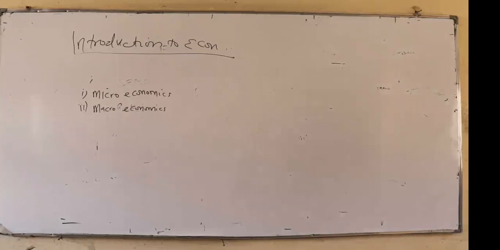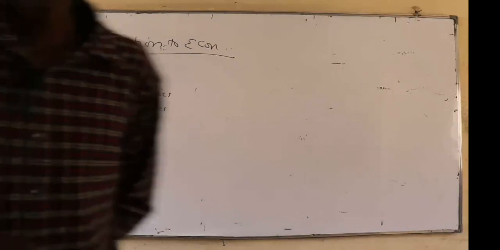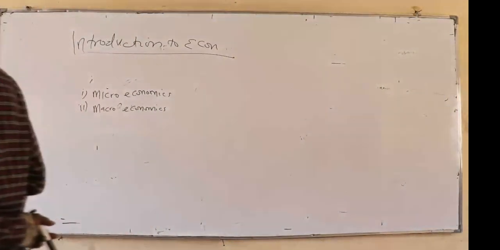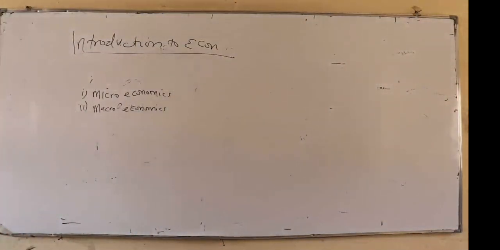You say, the major areas under macroeconomics include, one, we have money and banking. Of course, we had seen them in the course outline. Money and banking, comma, international trade, comma, inflation and unemployment, etc.